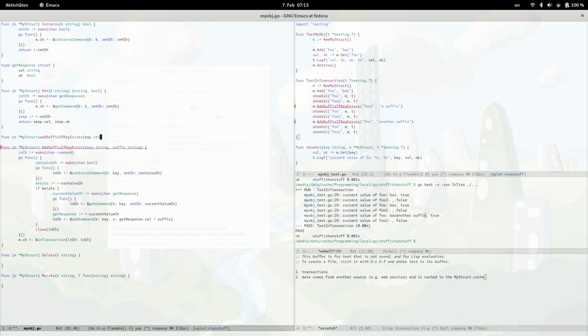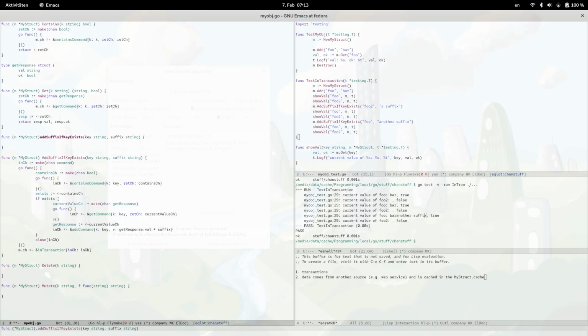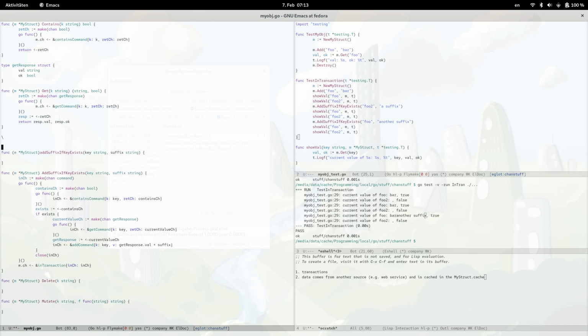It takes a key string and a suffix string, and this function is called from behind the bottleneck. So we'd create a new